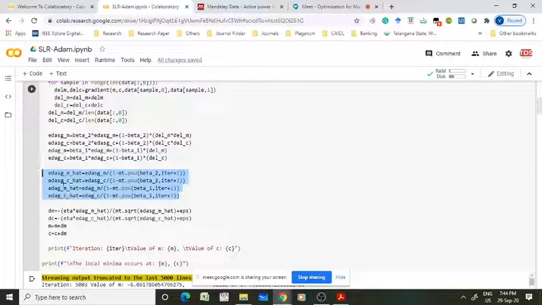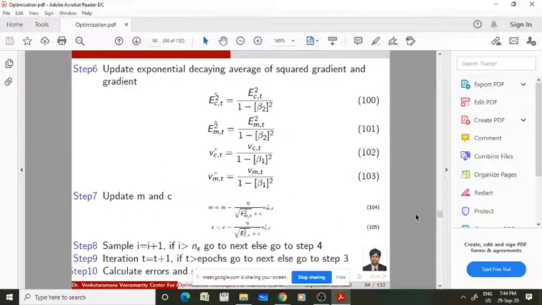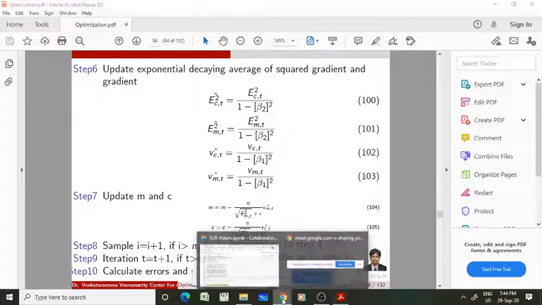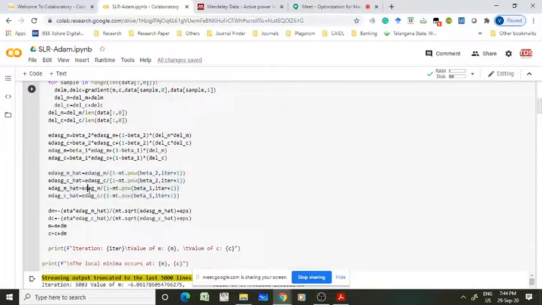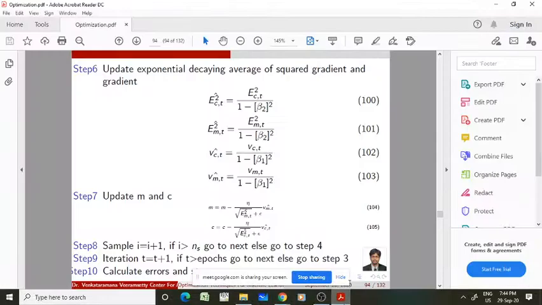The bias corrected value equals the actual value divided by 1 minus beta 2 whole power t, right? Beta 2 whole power t. Okay, fine. Actually, it was a mistake. It is power t actually, power t.